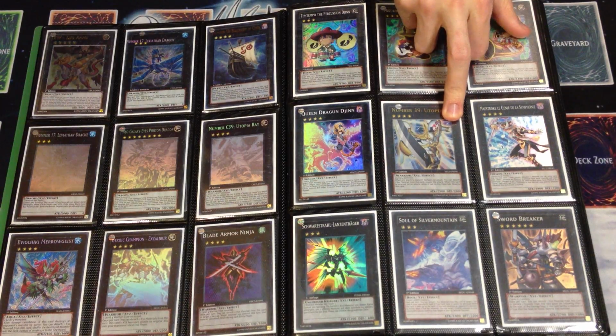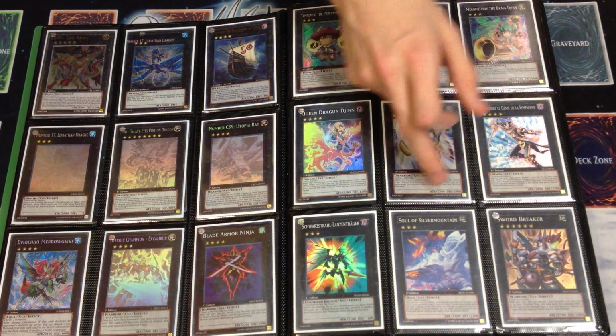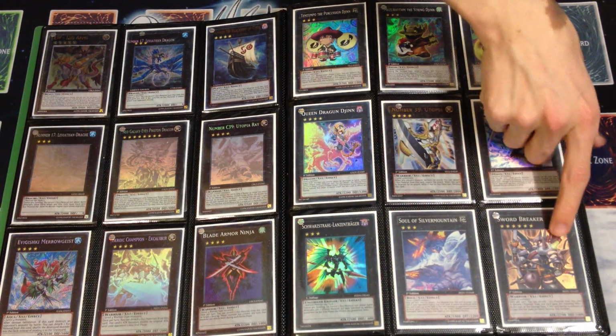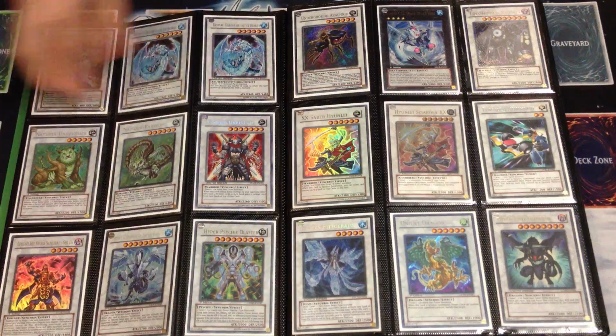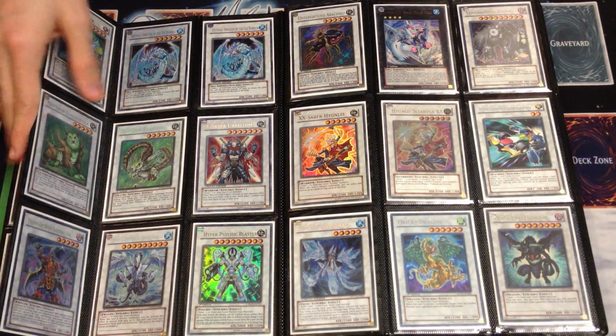I have about 50 Utopias and Ultra. This is a French Maestroke, but I have 2 English ones. German Black Ray Lancer, I have an English one. Soul of Silver Mountain and Swordbreaker, all in first. Again, if I miss out any details on any of these cards, just message me and ask what rarity or